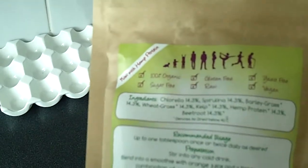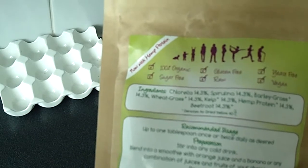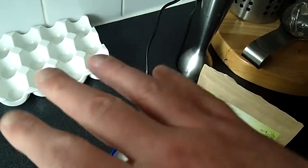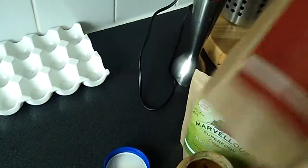This is a highly alkaline blend: equal parts Chlorella, spirulina, barley grass, wheatgrass, kelp, hemp protein, and beetroot. Lovely, very, very good. I really noticed that my skin was fantastic after starting to take just this one, putting it in my shake